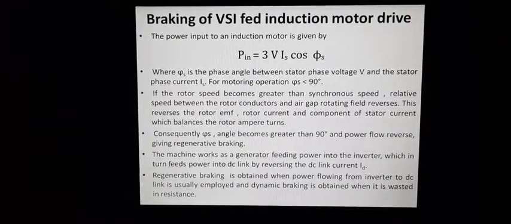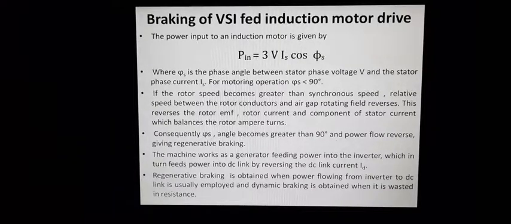So this has an impact on the rotor EMF. The rotor EMF polarity will get reversed. As the relative velocity polarity is changed, definitely the rotor EMF polarity and rotor current polarities will all get changed. You have studied the vector diagram of the induction motor in your machines class. So if the polarities of E2R and I2 are all reversed,